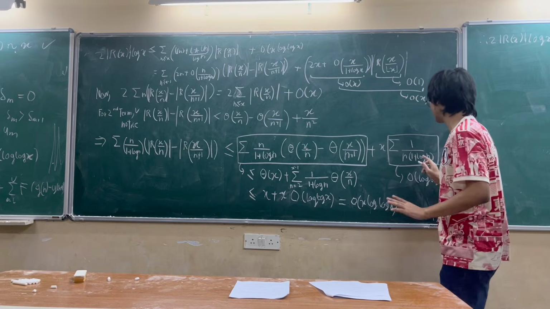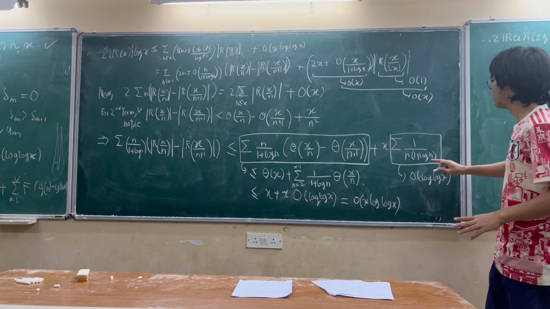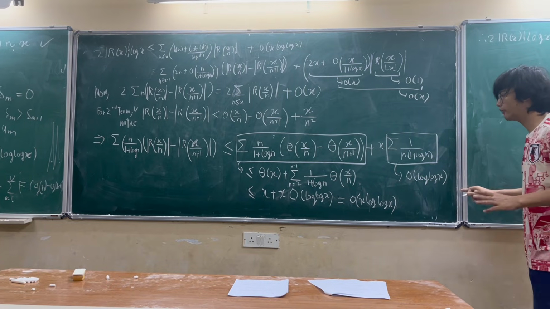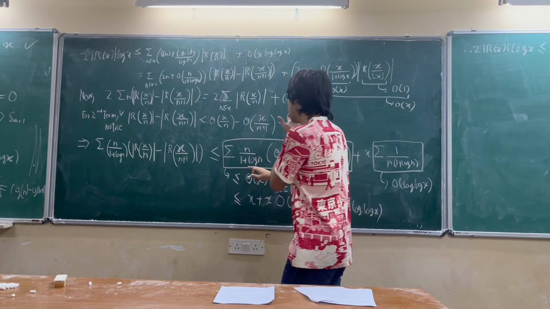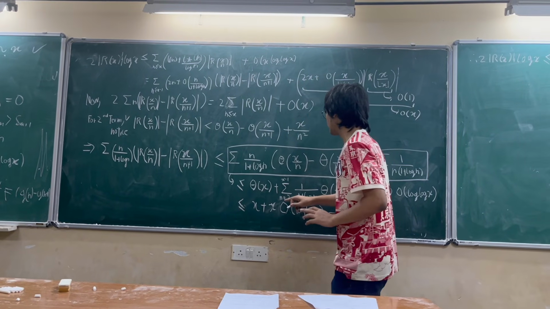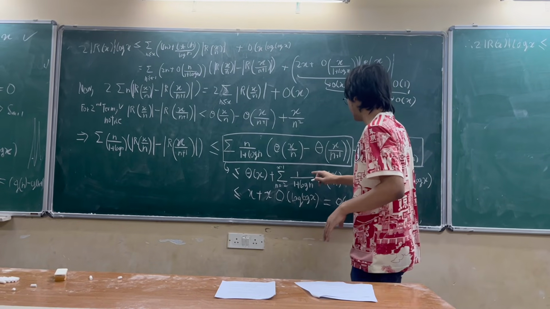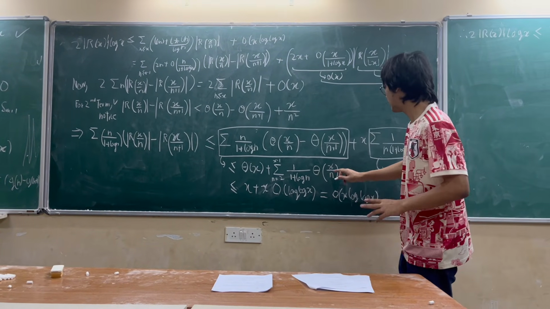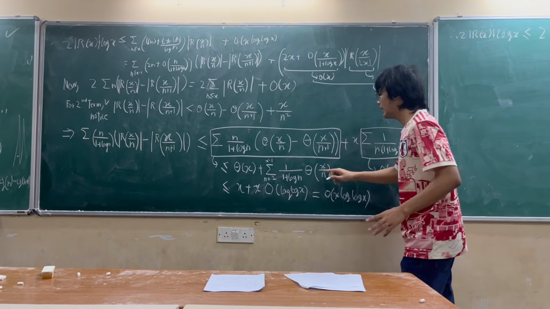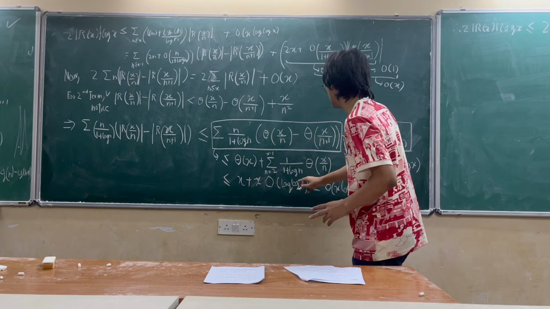Now a simple exercise will show you that this entire summation of 1 by n times 1 plus log n is of the order of log of x, and on the other hand this summation would be less than or equal to theta x plus the sum for n going from 2 to x minus 1 of 1 by 1 plus log n times theta of x by n, and this whole summation again is bounded above by x times something of the order of